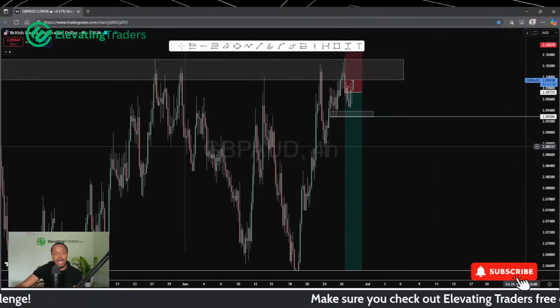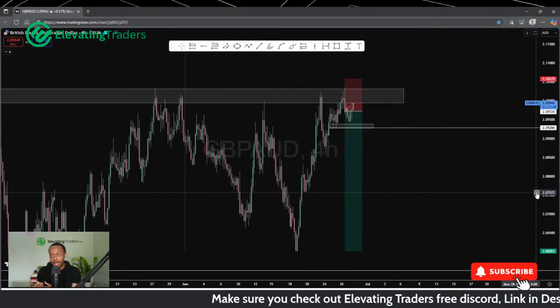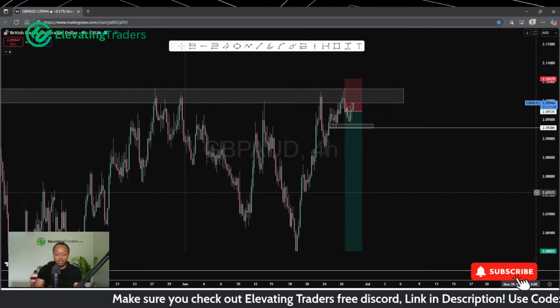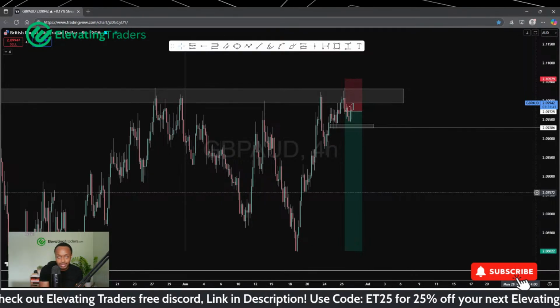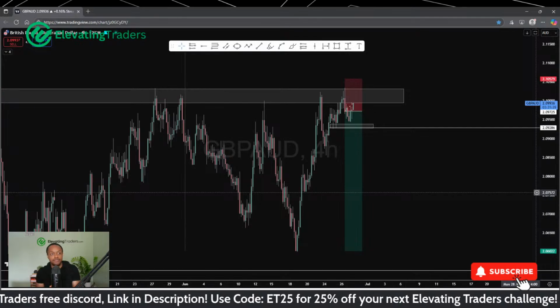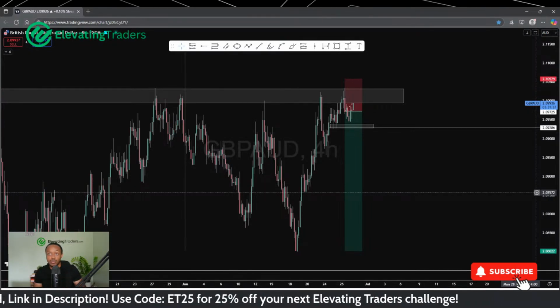But in terms of the entries, a little bit later on, and it will potentially put you in an awkward place with your stop loss. A lot of trading opportunities. There's the aggressive trade and there's the more conservative trade. The more aggressive trade, of course, exposes you to a bit more risk.